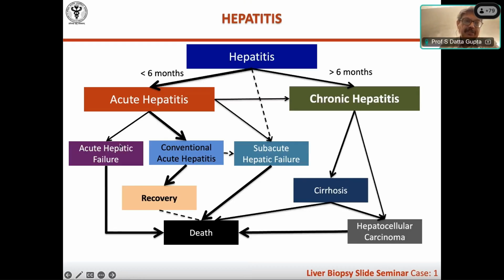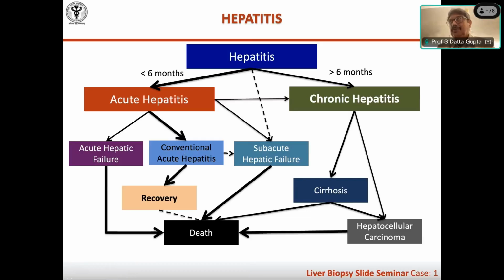So acute hepatitis can result in acute hepatic failure. Acute hepatic failure is when you get hepatic encephalopathy within 4 weeks from the onset of disease. If the hepatic encephalopathy occurs after 4 weeks but before 6 months, it is called subacute hepatic failure. Now, acute and subacute hepatic failure are bad. But conventional acute hepatitis,